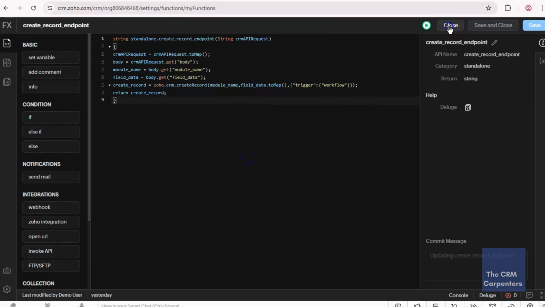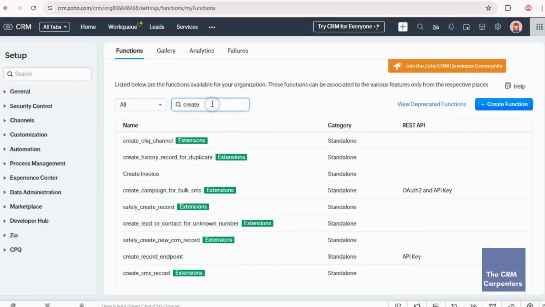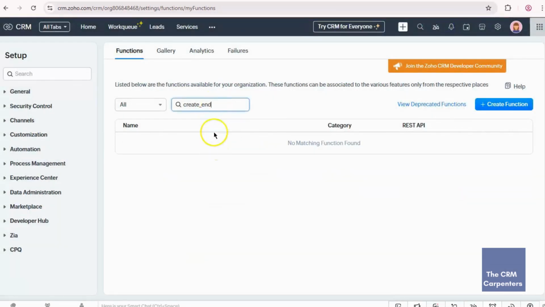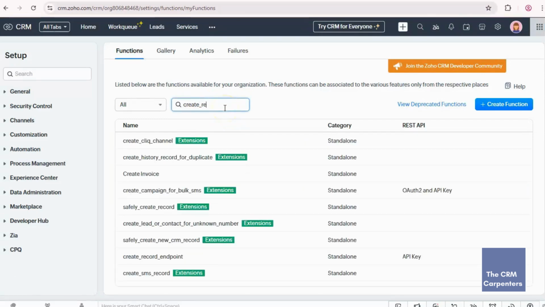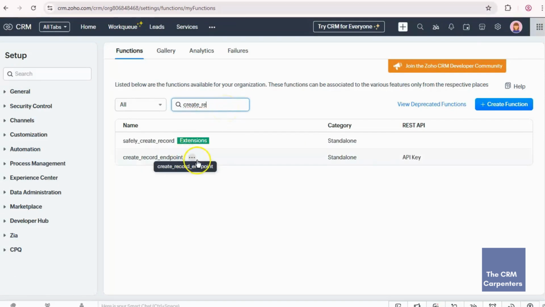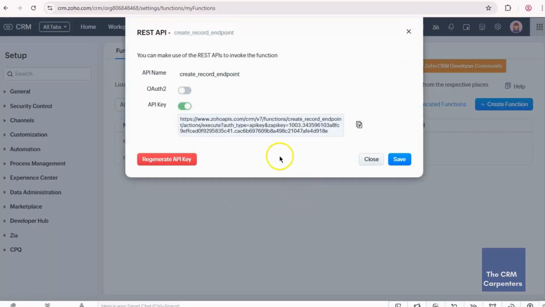and after saving, let's close it and find the function, the create record endpoint. The most important thing that we need to have here is the REST API key. If you see these three dots, just click it and click REST API, and it will give you the API key.